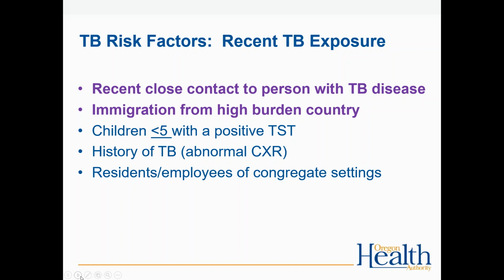Also patients who have a history of TB and an abnormal chest x-ray. When we say abnormal chest x-ray, we're not talking about granulomas. We're talking about upper lobe fibronodular, reticular infiltrate or scarring. Those are the people at higher risk for reactivation, because a lot of them have very small amounts of active TB or transiently active TB. Those are the folks we often see as B waivers or other screening. When you see that, the trigger should be to get sputum, even if they're asymptomatic.